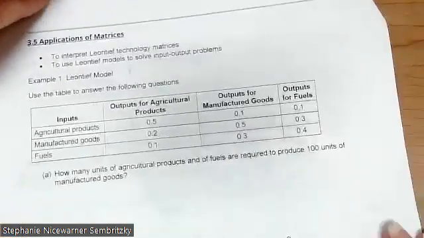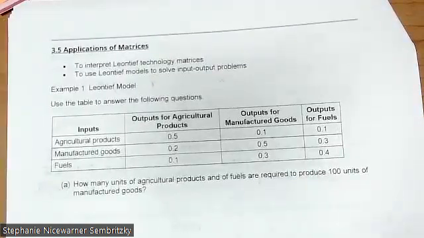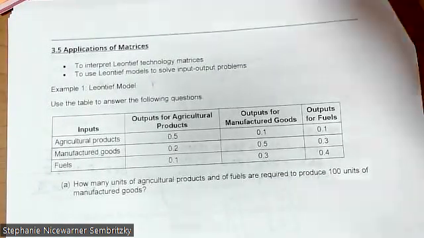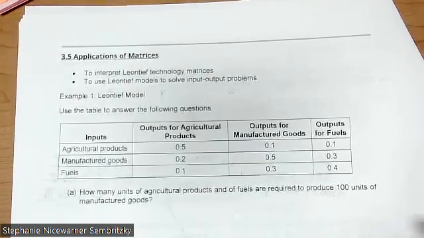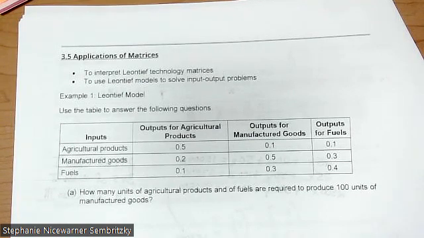So previously, we looked at the applications of matrices and solving systems of equations. What we're going to look at now is something called Leontief's technology matrix. And I can't pronounce that name properly. I know it, but let's just call him Leo. Okay, so Leo's technology model